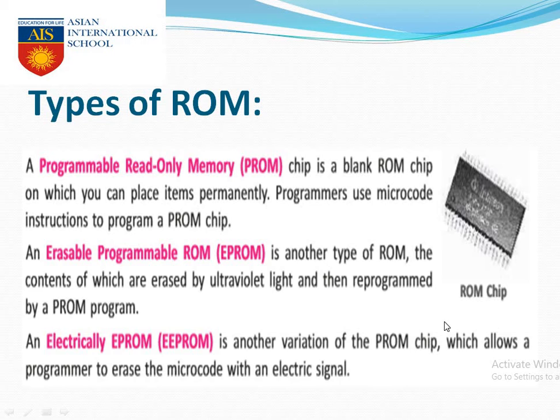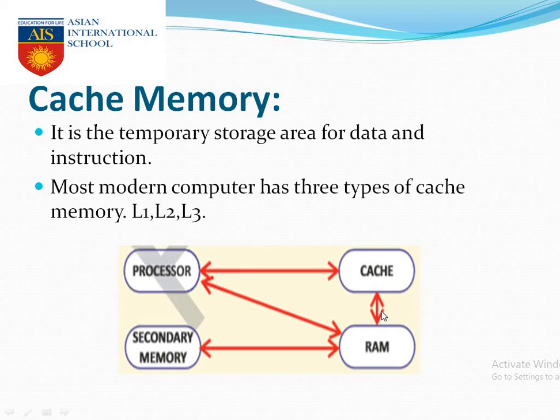Next is cache memory. As we have already discussed, cache memory is just a little amount of memory which is faster than your primary memory, and which is stored in your CPU to make the processing even faster. It is volatile, it is for temporary use only. Whenever you switch off your machine, your cache gets deleted.